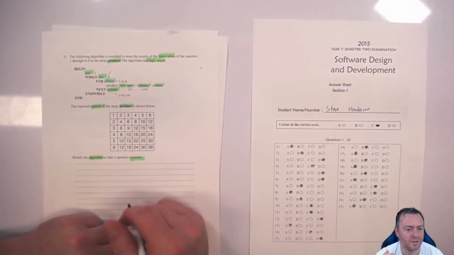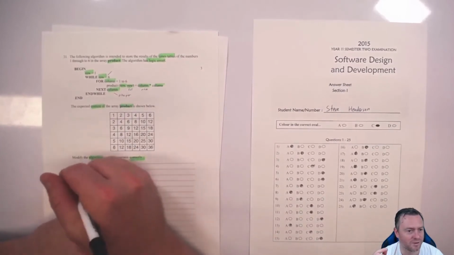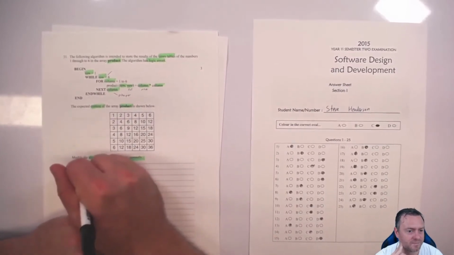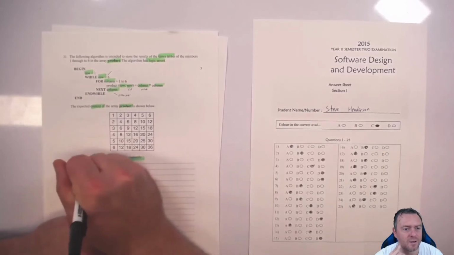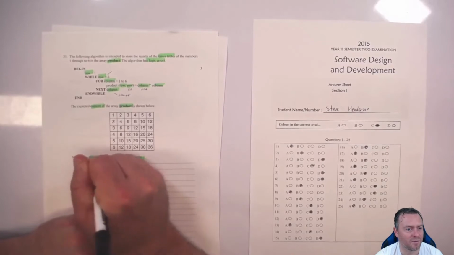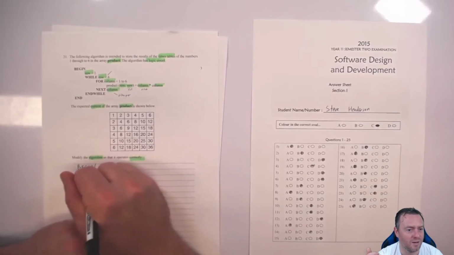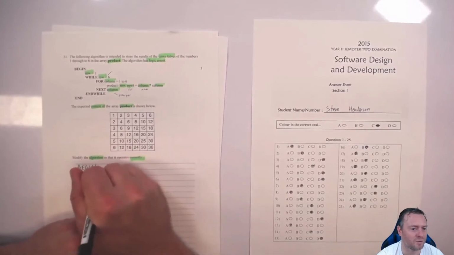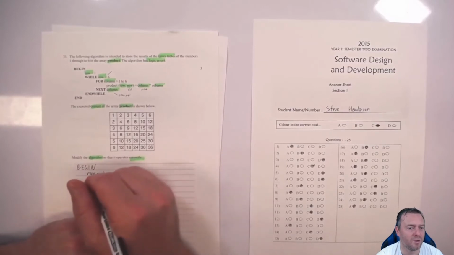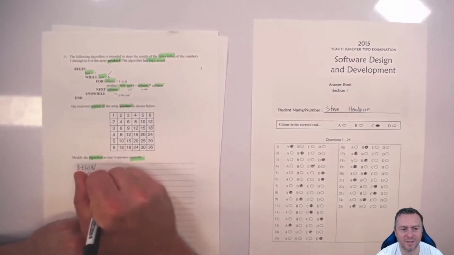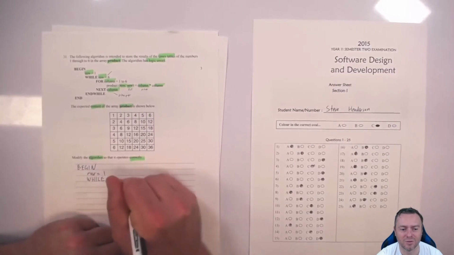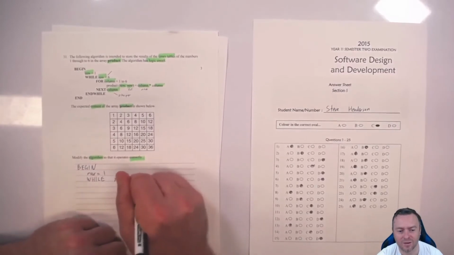Okay, so down here, modify the code so that it operates correctly. I just write it straight out. Because there are no line code numbers, it's kind of implying that you need to rewrite the whole thing. So you would go begin, you would then go row is equal to 1, that was all good. And then here you go while row is less than or equal. Don't just write the less than or equal in one symbol. Make sure you do it as two. So you go less than and then do the equal symbol